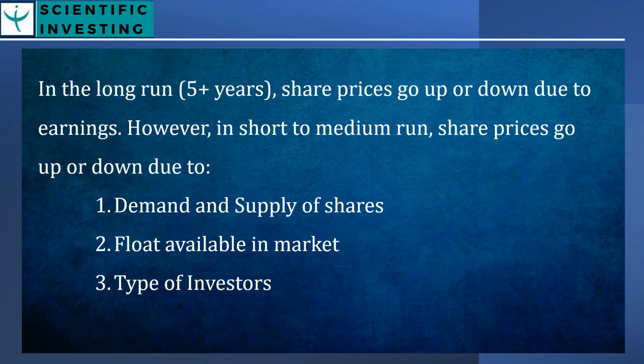But in the short to medium term, which could be even 3 months to 2 years, share prices can go up or down because of other factors also, which is demand and supply of shares, meaning the buyers versus sellers, the float available in the market, like how many shares are being traded, the kind of investors there are, whether it's a pure retail driven share or a pure institutional driven share, and a lot of things. All these have an impact on the share price,